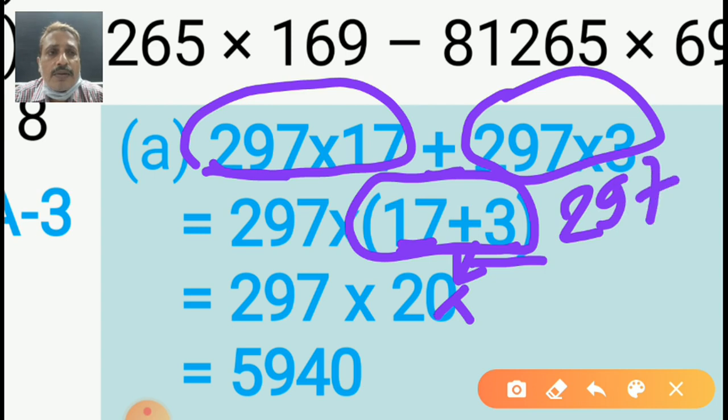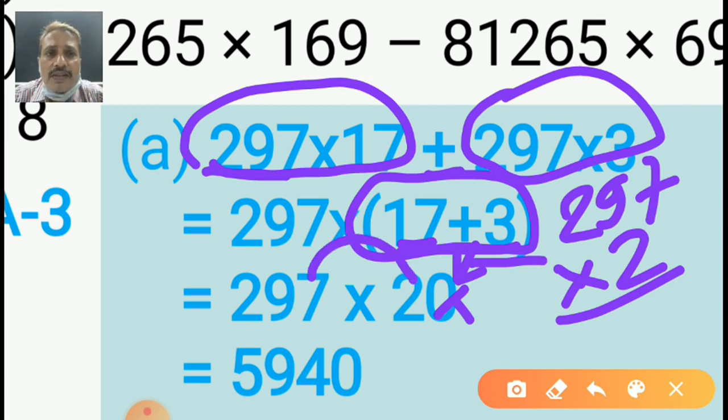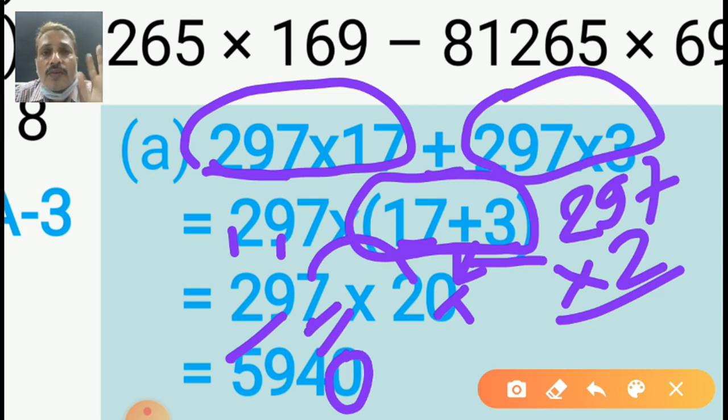297 multiplied by 2. Will you do it this way in your book, or should I teach you a new method? The very simple new method is this, students. Forget about the 0. Now 2 7s are 14. 1 is the carryover. In the air you can keep 1 as carryover. Now 2 9s are 18. 18 plus 1, 19. 19 means here 9 and carryover 1. 2 2s are 4. 4 plus 1, 5. And how many 0s did you send out? 1. Add 1 zero backside. Now my answer is over.